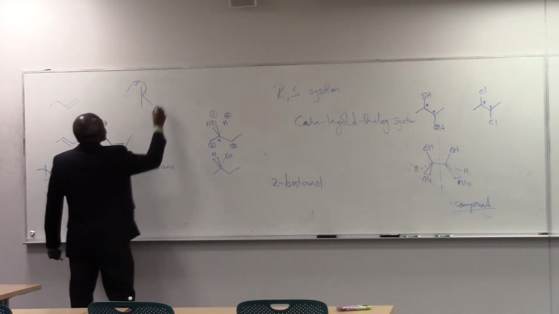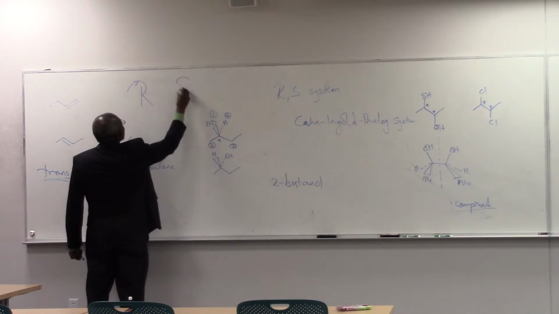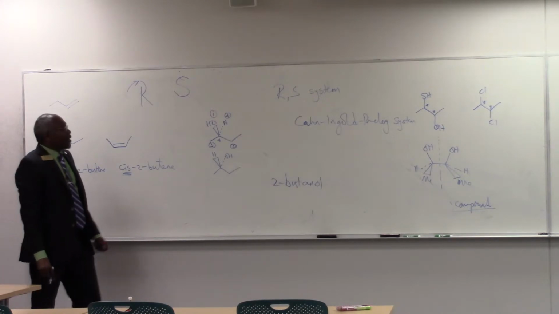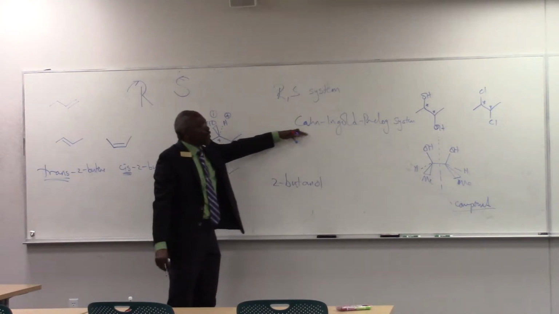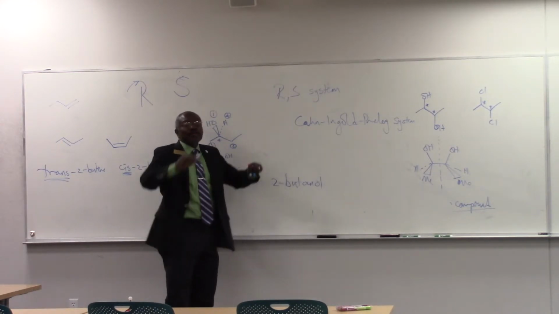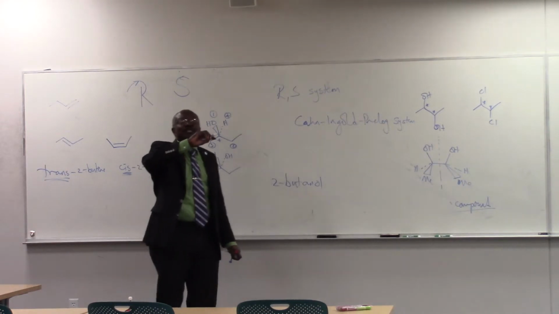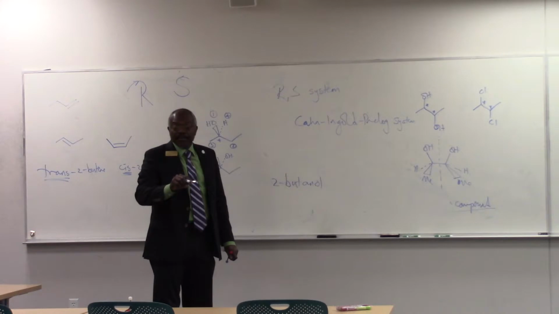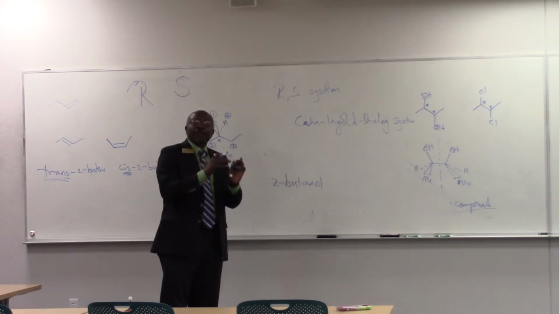If I go from 1 to 2 to 3 in an anti-clockwise direction, I'll call that species the S enantiomer. So I use the Cahn-Ingold-Prelog system to designate priorities. I use the sequencing of the direction of those priorities, 1 to 2 to 3, to determine the configuration,